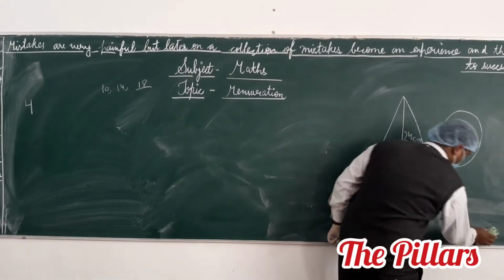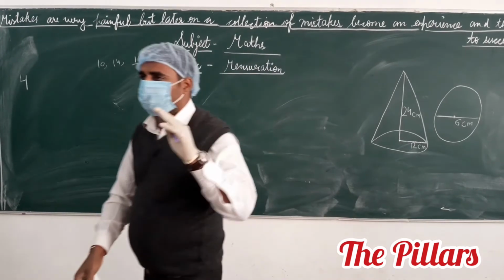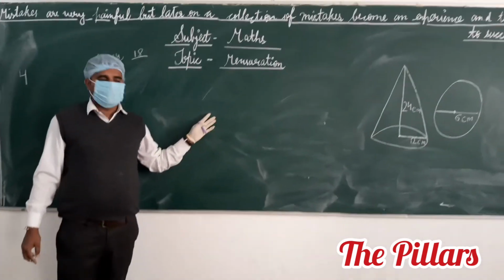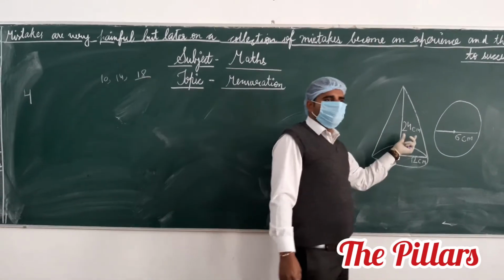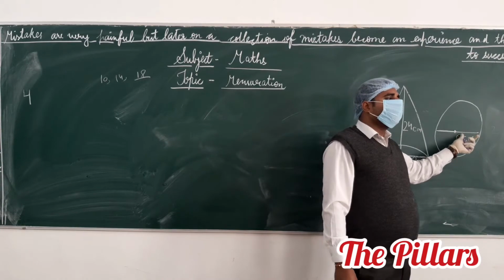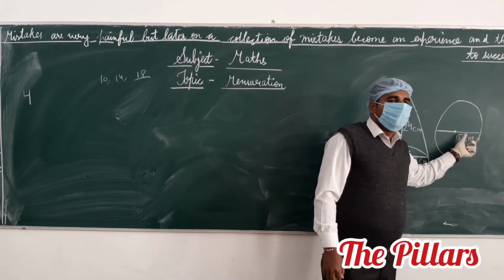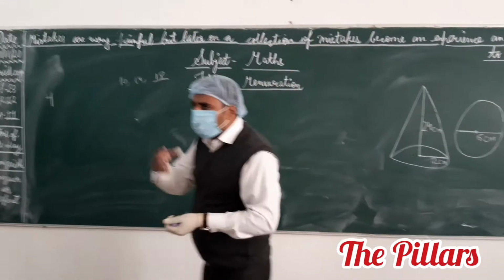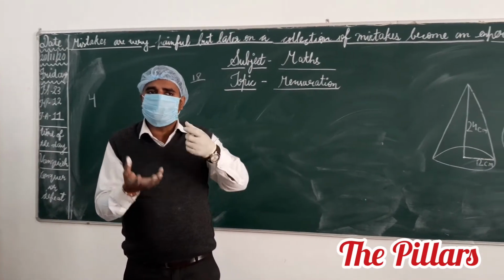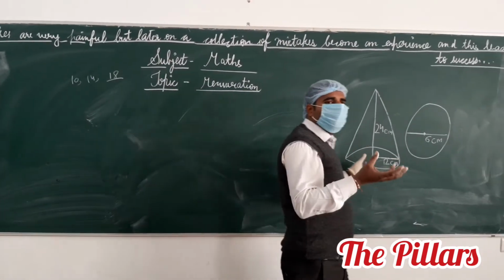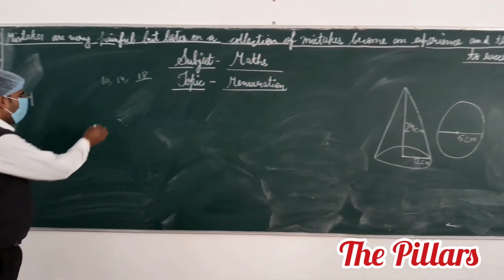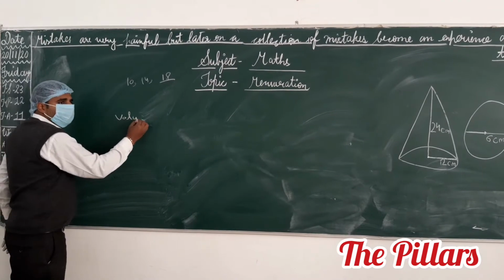What question do you have to tell? Suppose you have to melt this cone and make a number of spheres. You tell me the melted volume equals the volume of the spheres, because you use the same volume to make the spheres. You have to speak that volume of cone. What do you have to speak?